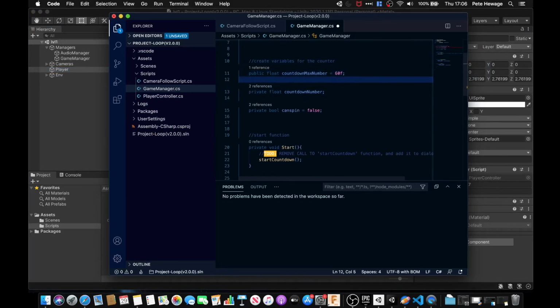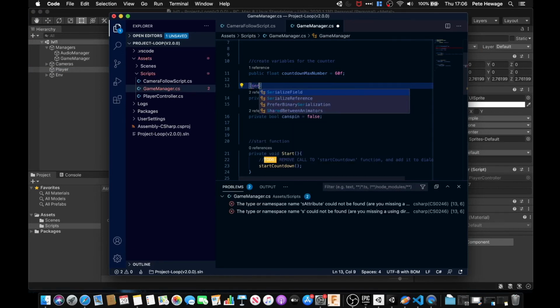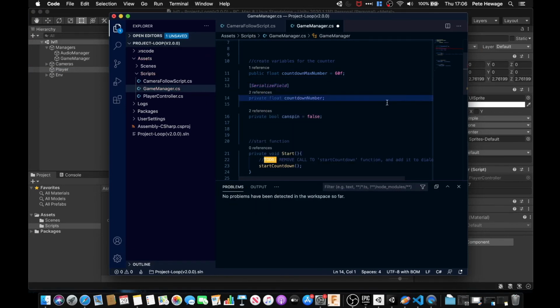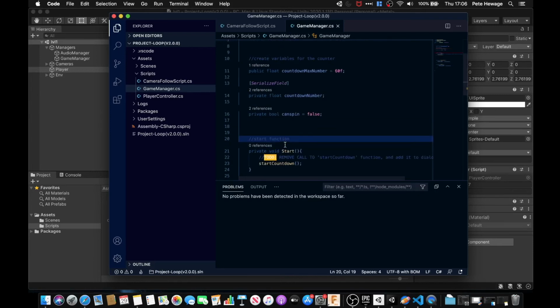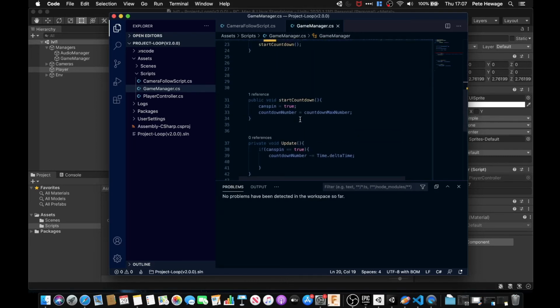And so to do that, just above it, we need to do square brackets, and we need to type SerializeField. By typing that, that field is going to be visible in the editor, even though other scripts can't see it. Just make sure that you type that directly above it. So you can say line 13 is SerializeField, and line 14 is the actual line. Right, so when we save this,